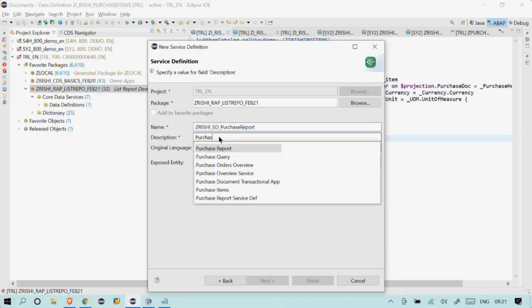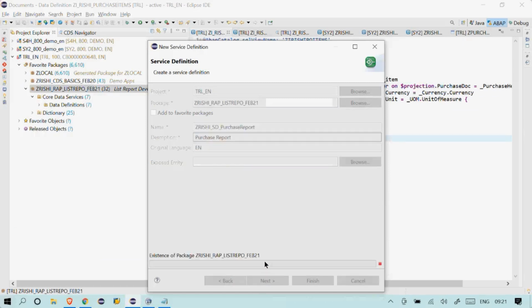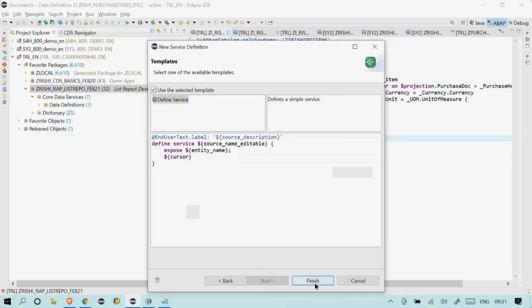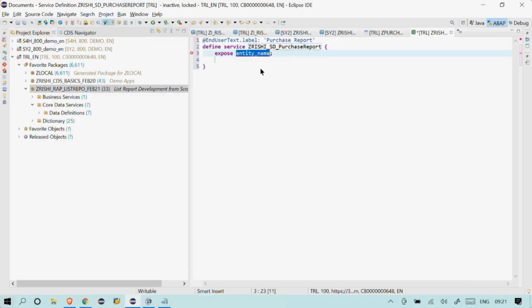I'll provide the purchase report name. Click on next and finish, define service. Okay, and save it here.